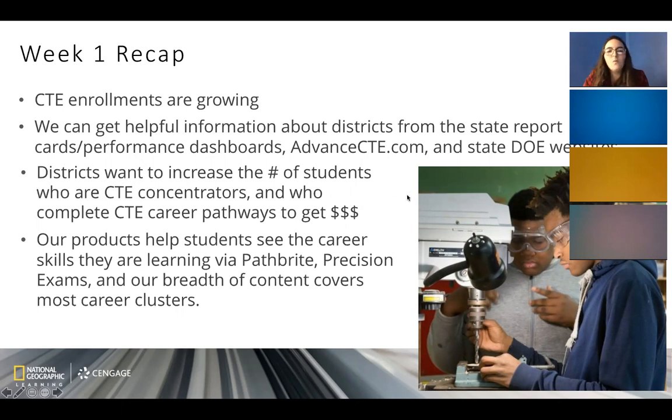And overall, what do districts, CTE teachers, CTE department heads or directors want? They want to be able to increase the number of students who are CTE concentrators because that gives them more Perkins funding. But they also want to increase the number of students who are completing that career pathway because, again, that'll get them more money from their state. But it's also very, very well researched that it greatly improves students' chances of making more money upon graduation, even graduation from college, and they're much more likely to get into college or to have a job 6 months out